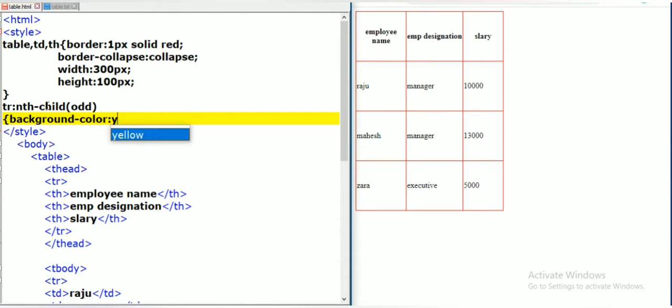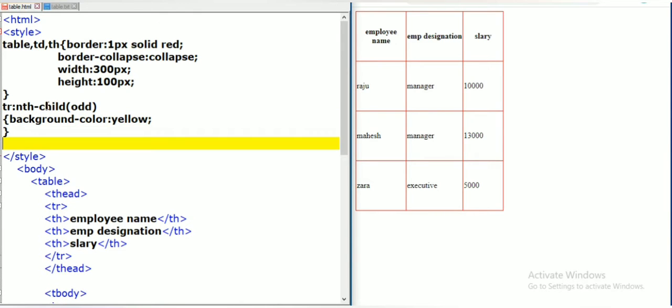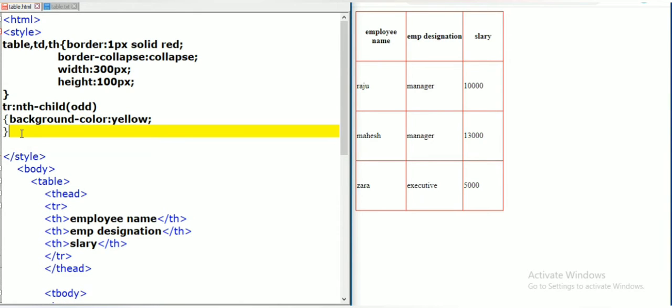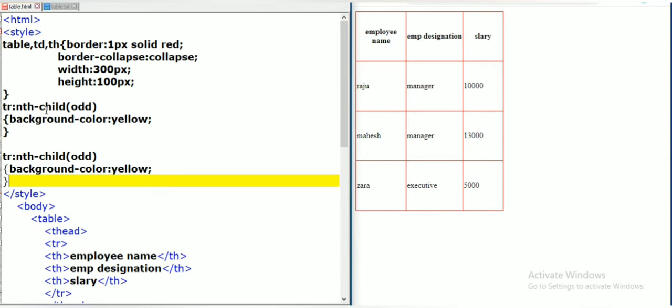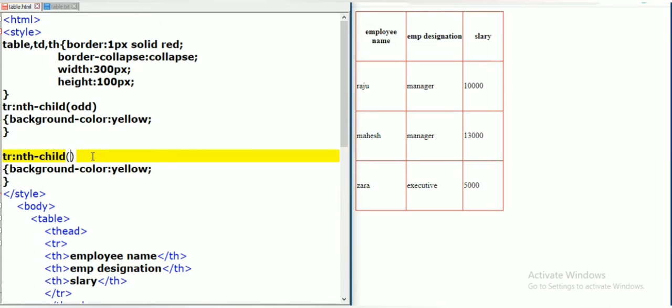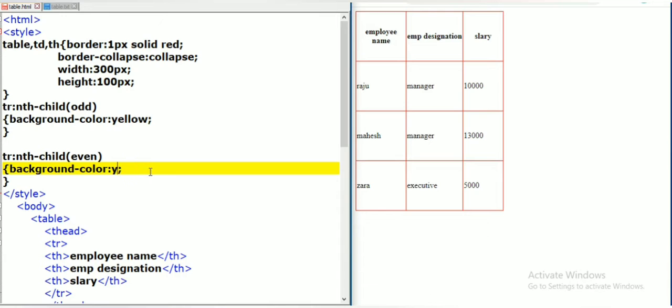Background color yellow I will apply for odd rows. Then if you want to apply a different color for even rows, the same property we have to use, but in the place of odd we are going to use even here. Even, and here I am going to change the color.